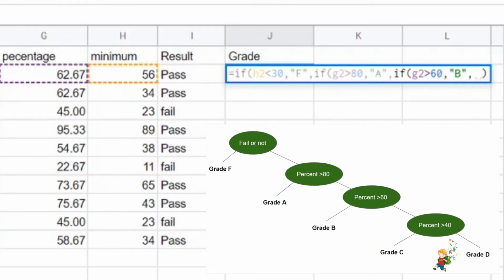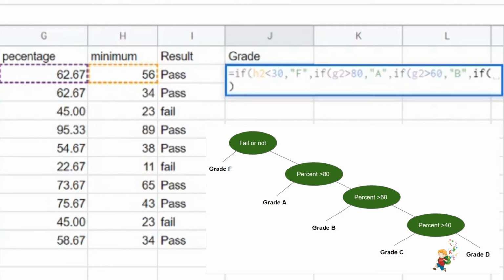From 41 to 60, we need to give C grade. So we will check again if it is greater than 40 or not. Again an if statement, we have to check the G2 cell. If G2 is greater than 40, then we will give C grade.